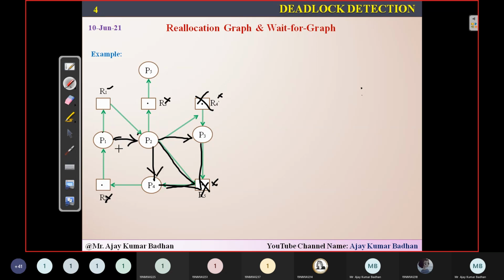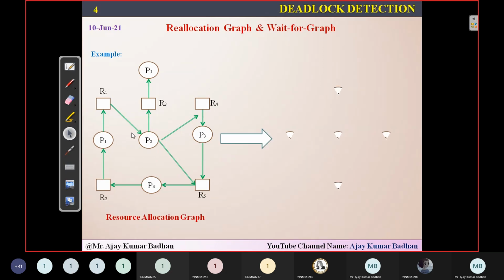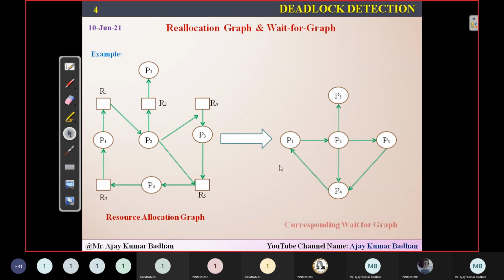Indirectly, what it means to say is there is a link from here. Okay, let me show it so that it becomes easy for you. So this is a resource allocation graph. Now I'm going to convert this into a wait-for graph. And this is what we call a wait-for graph. You can see here clearly. Have you seen this? Now P1 wants to access resource R1, but this resource is held by P2. So you can see there is a link from P1 to P2. That means P1 is waiting for the resource R1, which is actually being used right now by P2.